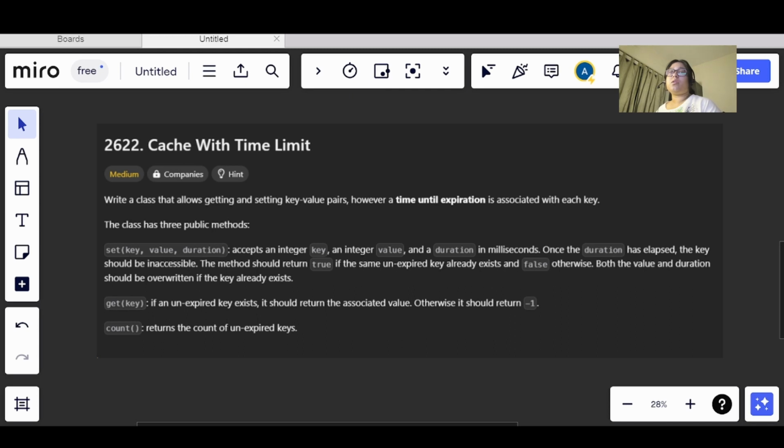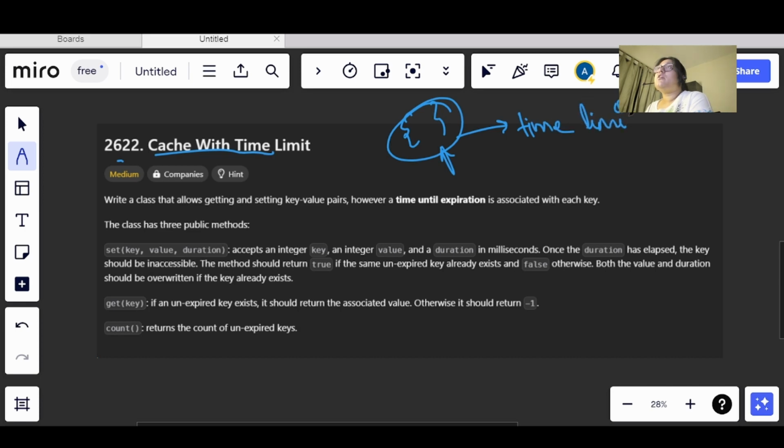So we have been through all the easy questions till now in the promises, and yesterday we came across one medium level question, and today also we will see a new medium level question which is cache with time limit. Okay, so cache with time limit here, the question itself explains that there will be some data structure or a cache which stores something, and it will have some time limit, and this time limit will have some consequences like either it can get deleted or it will be expired, something like that. So now let's move on to the problem description.